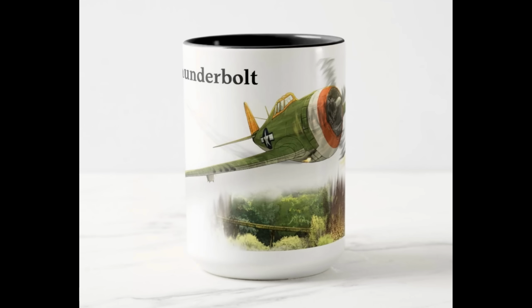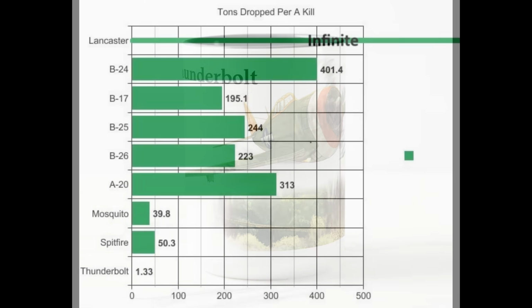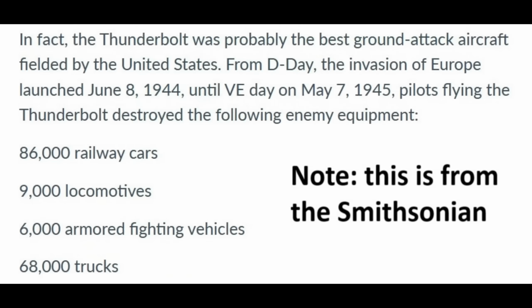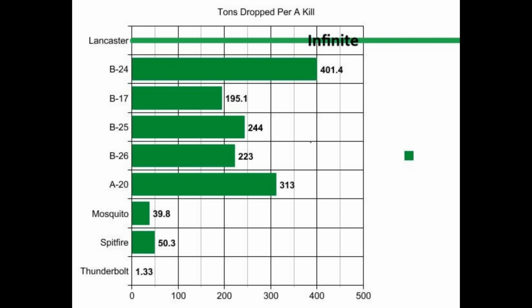4 P-47 Thunderbolts were sent out on crossbow missions, each plane carrying 2 1,000-pound bombs. They scored 3 A strikes on 3 different ski sites. The Thunderbolts did take damage from the intense ground fire, but no planes were lost. Now, I realize the problem with a small statistical sample group, but in this case, it's all we have, and I think considering the Thunderbolt's overall record of destroying stuff on the ground, that it's a fair representation of the plane's ability. At 1.33 tons of bombs per destroyed V-1 site, in terms of accuracy during crossbow, the P-47 Thunderbolt